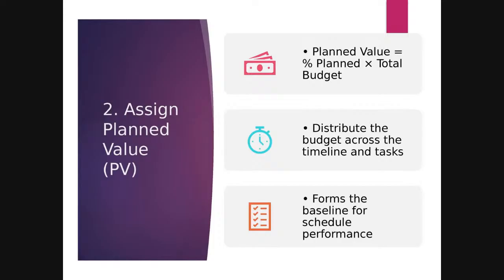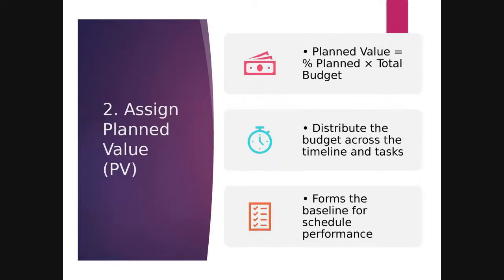Number two, when you are assigning things such as your planned value, as I showed you in the first part of the tutorial, the budget at completion is the cumulative planned value, right? It's the net. You add up all the planned values, you get your budget, right? So we could invariably say your planned value is a percentage of what you're planning, for which section times the total budget. So if you're dealing with a quarter of the project, then your planned value for a quarter of the project is whatever percentage that is, 25% times the total budget.